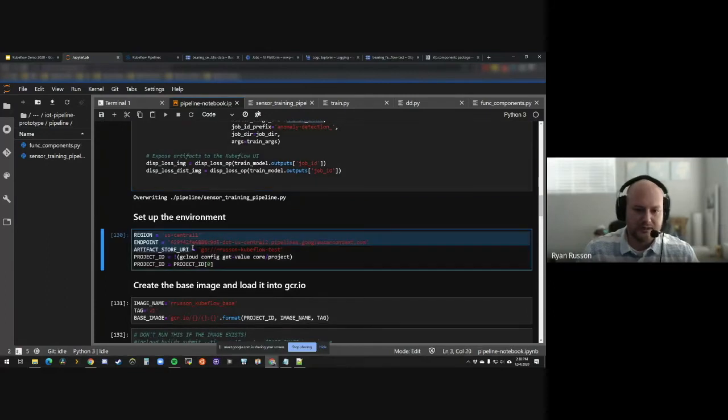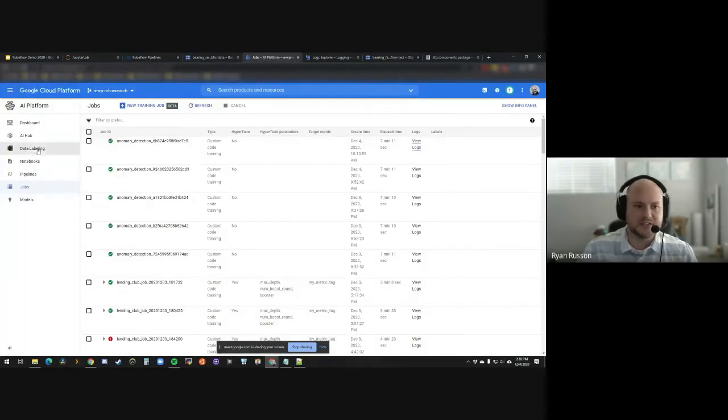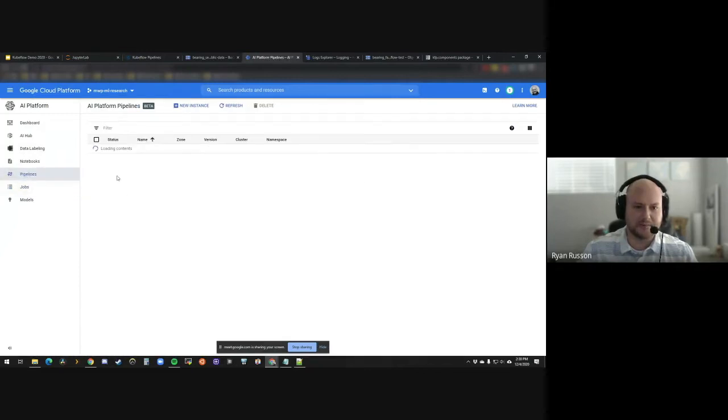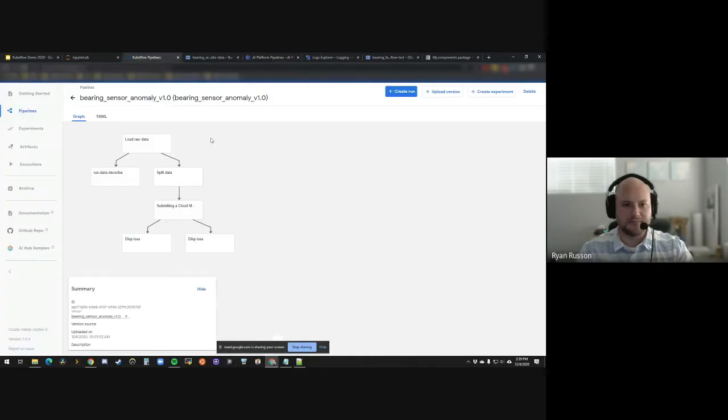So in this case, right, this endpoint here. So I think Daniel mentioned this. We didn't go over this yet. To spin up a new instance, right? So if you look at pipelines here, right, you'll see I've got my pipeline test app here. And if you look at the GKE, you'd see in the compute engine there that there's a cluster spun up. But to do this, you need to make sure that you have some instance running where you're going to be deploying that to. And that's ultimately when you click on this, pipelines dashboard, this is what comes up is